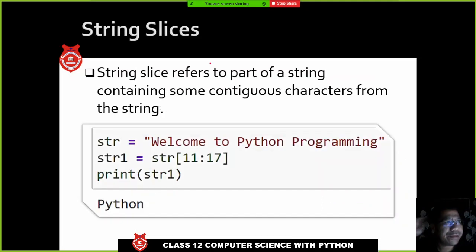Now let's talk about string slices. A string slice refers to a part of the string containing contiguous characters, continuous characters from the string. For example, here I'm writing str as "welcome to Python programming" and str1 equal to